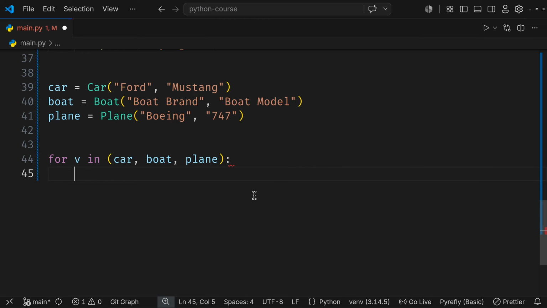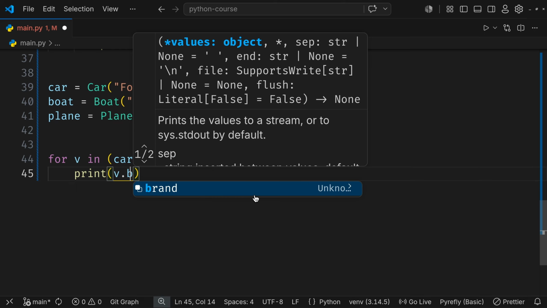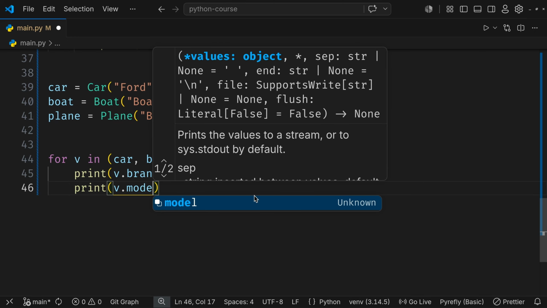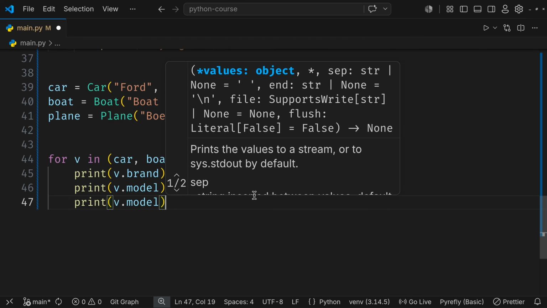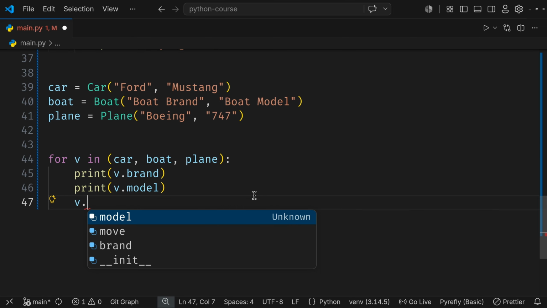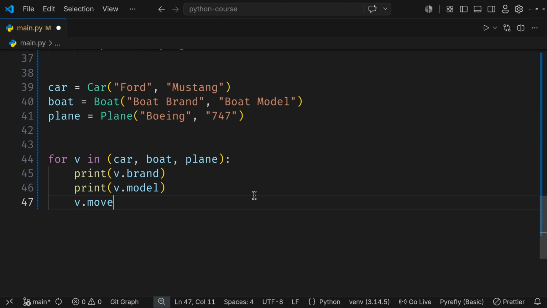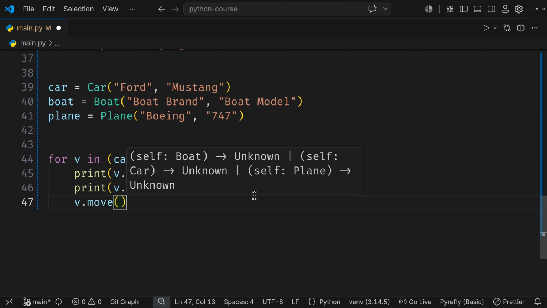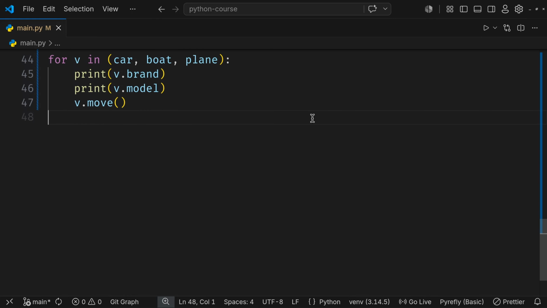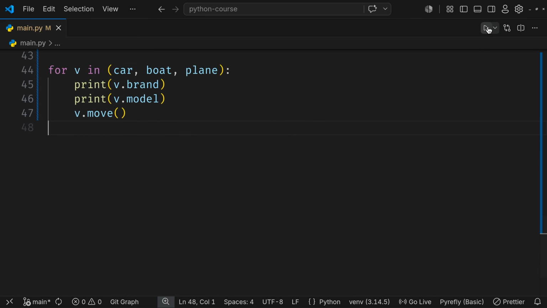For each vehicle, I want to print v.brand, I want to print v.model, and then I don't want to print anything, I want to call v.move. Okay, all right, simple enough. So here, if I now run the program,